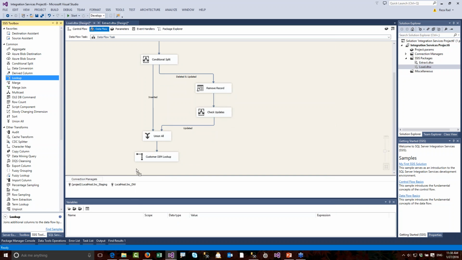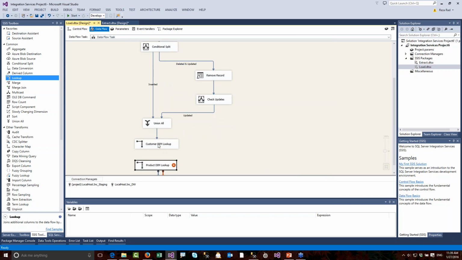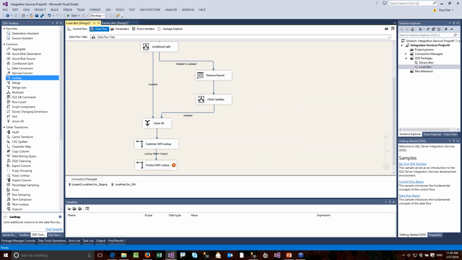I'll do the same for the product dimension. So product, then lookup. I have only two dimensions here for simplicity. Usually you have many more. And I'll connect the lookup match outputs. It's quite important that you consider the lookup no match output as well, because those are kind of inferred dimension members,